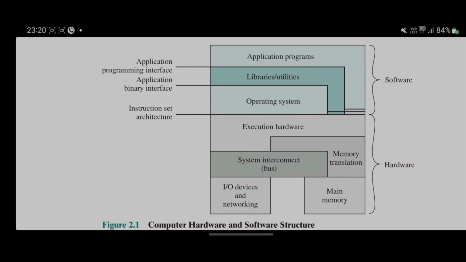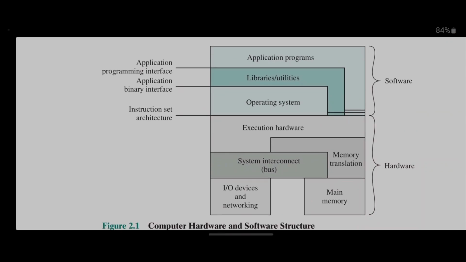The diagram shows how an operating system behaves like an intermediary interface between software and hardware. Here, application programs are in the software part, libraries and utilities are there, but just in between, just at the connection of hardware, there lies the operating system. But it is in the software section because the operating system is itself system software, right? After the operating system, there is hardware. There should be memory, I/O devices, bus, main memory, and other things.